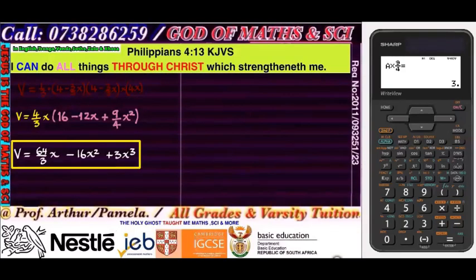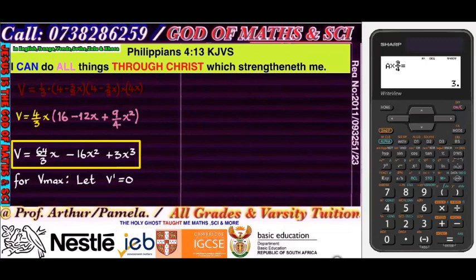So I'm going to write, for maximum volume, let the derivative, let V prime equal to 0. We need to derive that. All right, when we derive that,